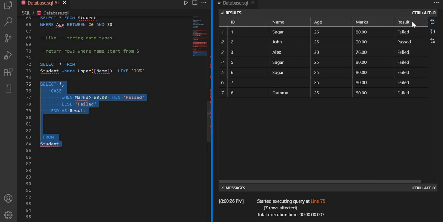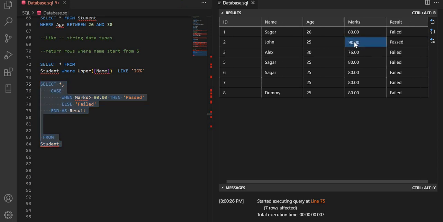You can see this is the result, which says correct, only the marks where it is 90 is showing pass, otherwise all the things are failed. But here you can see we have 3 marks, 80, 90, 76. So what I will do, I will create a case when